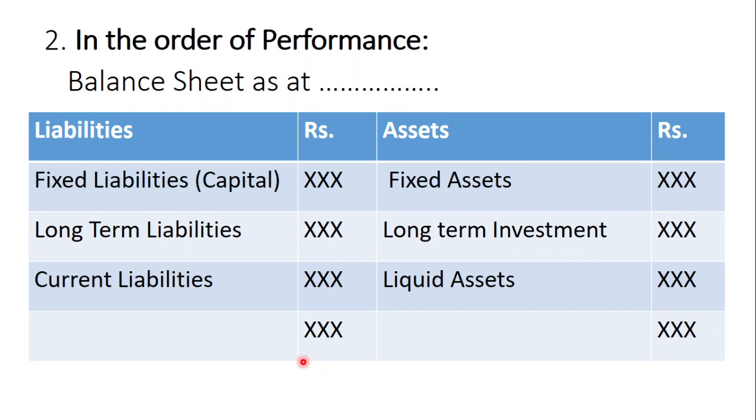There are a number of liquid assets. The most liquid asset is the one which is in liquid form, that is cash. Then bank balance at bank. Then we have bills receivable. Then we have debtors. Afterwards,